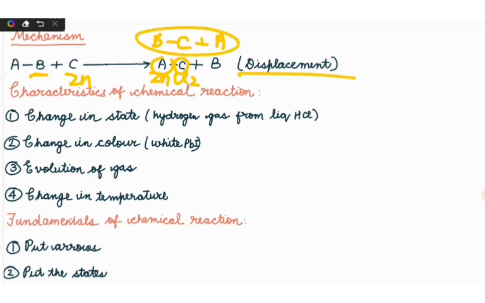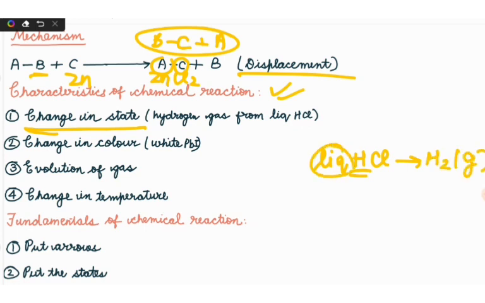Now let us see what are the characteristics of chemical reaction, after seeing these three reactions in detail. Now we should understand what the characteristics of a chemical reaction are. That is a type of summary. So first of all, if there is any change in state, for example, we took the liquid HCl, and finally from this H gets separated and we got hydrogen in the form of gas, meaning this liquid changed into gas. Here it is a change in state, so we can say that this above reaction which we discussed is a